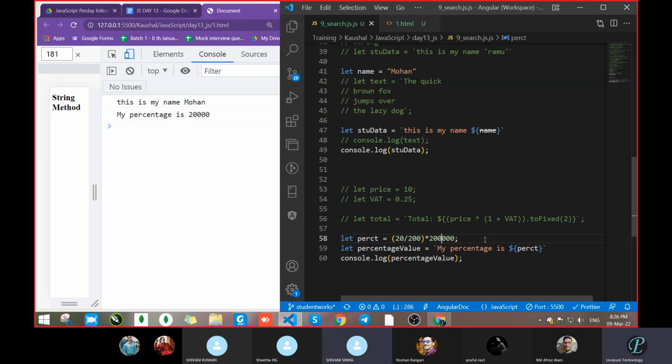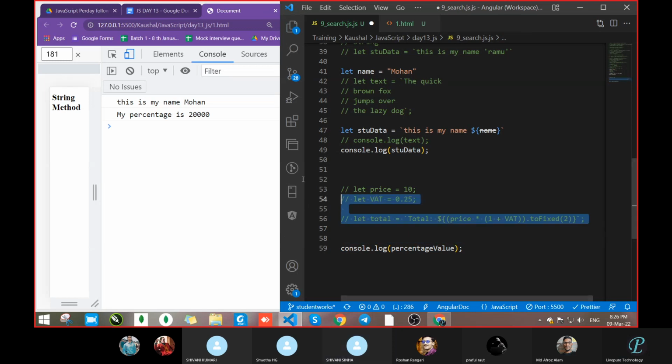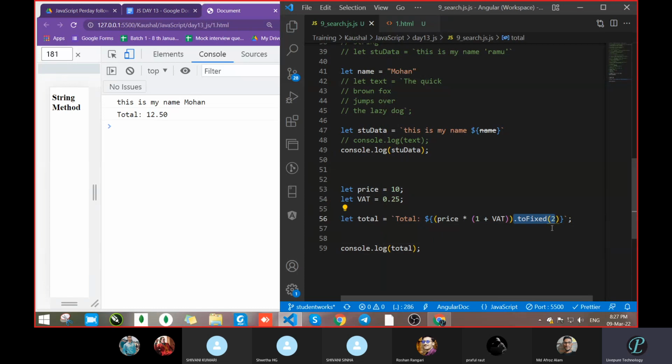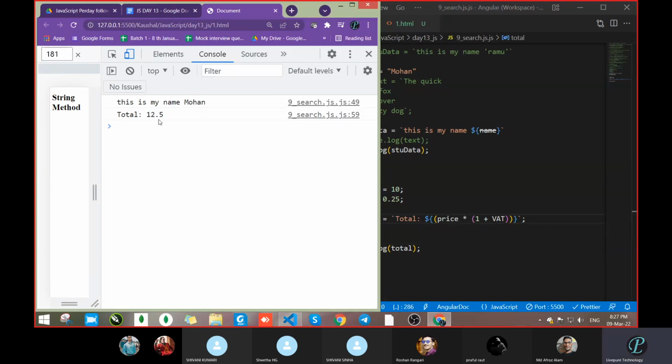Sir, for a decimal value, in place of the denominator you can take 7, sir. Later we will come to that. Already one value, sir. It will give us a decimal value. See, what are we doing here? What did you get here? 12.50. Fine. Let's remove this one. What is the value? 12.5.